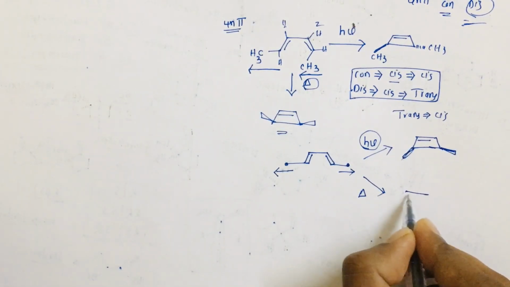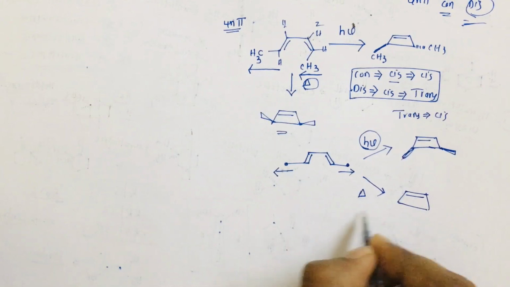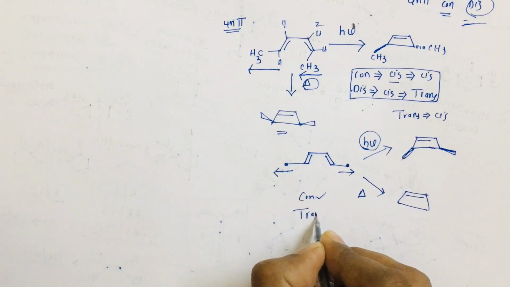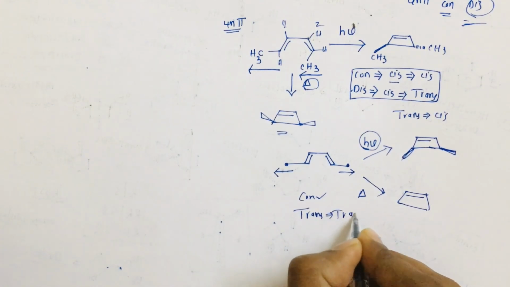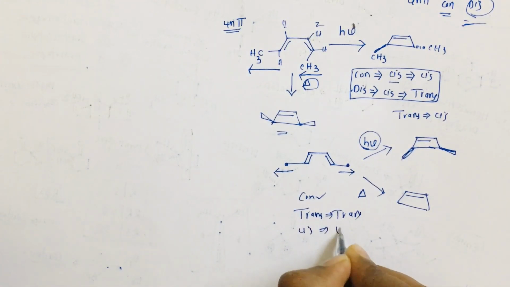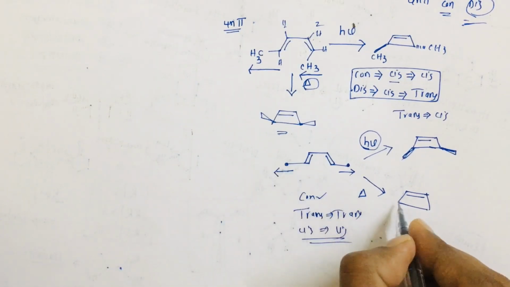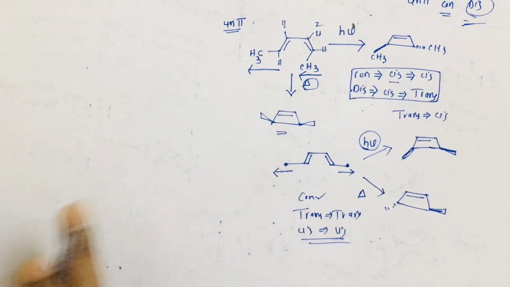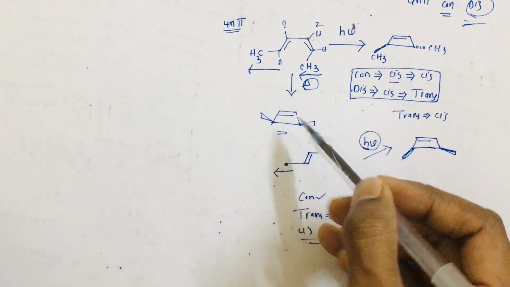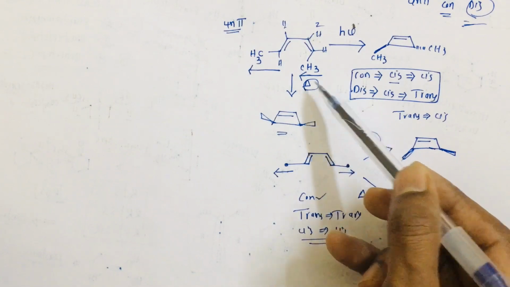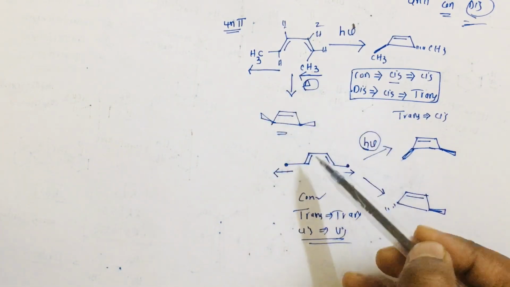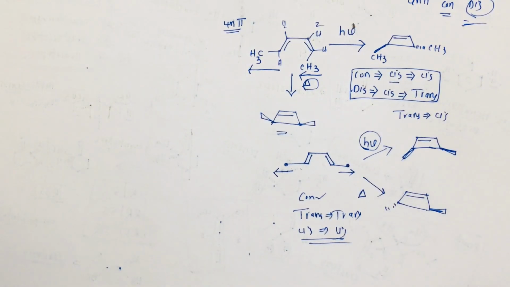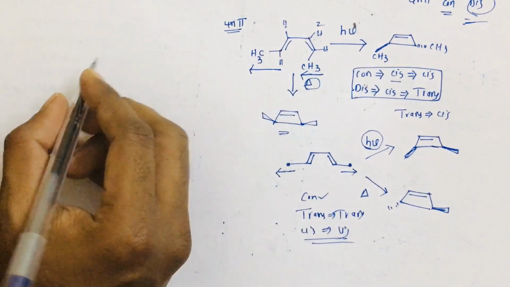And under thermal condition, con is allowed. Under con, trans remains trans and cis remains cis. Since these are in the trans position, the product will be this. I hope it's very clear now, because in the first example I took both on the same side, and in the second example I took them in different directions, so now it's clear, right? Now we'll go for